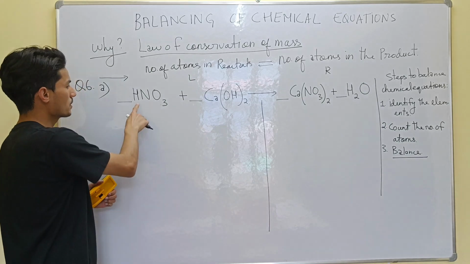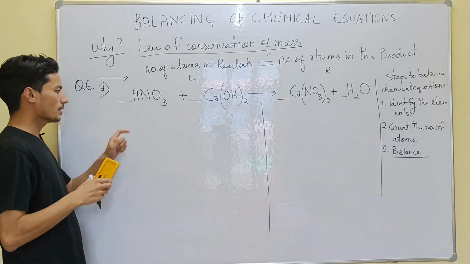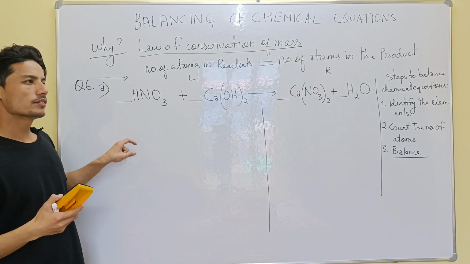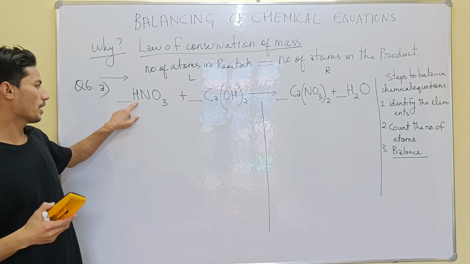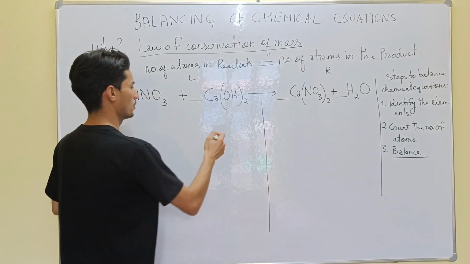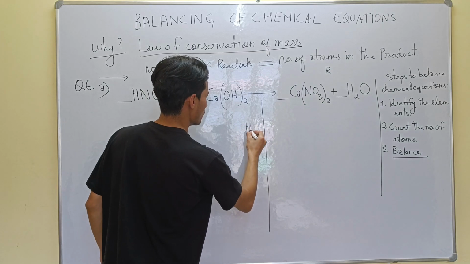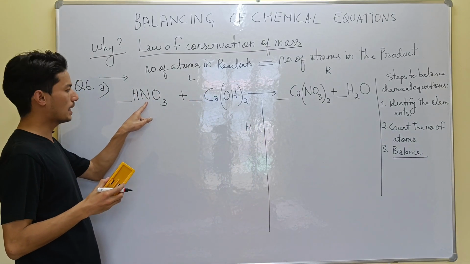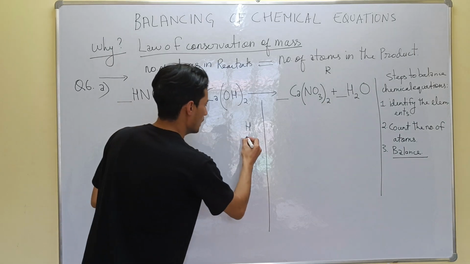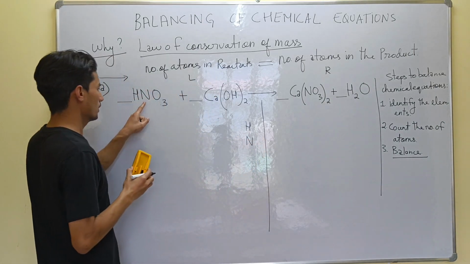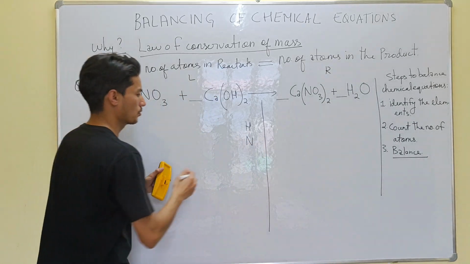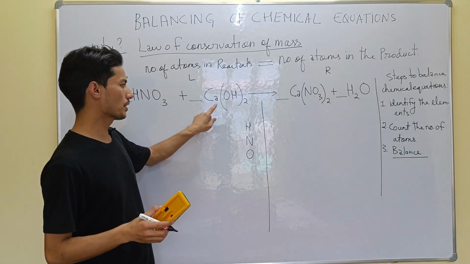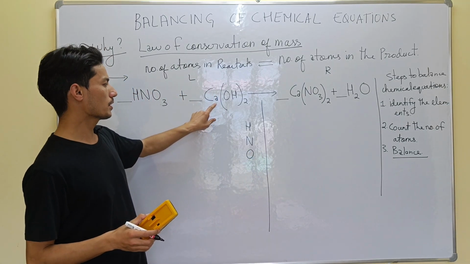So this is a compound. The first element here I see is hydrogen. Hydrogen is an element. Then we move ahead, and this N is another element. Then this is oxygen again. So oxygen. Then we move ahead, then we come across this. Remember,